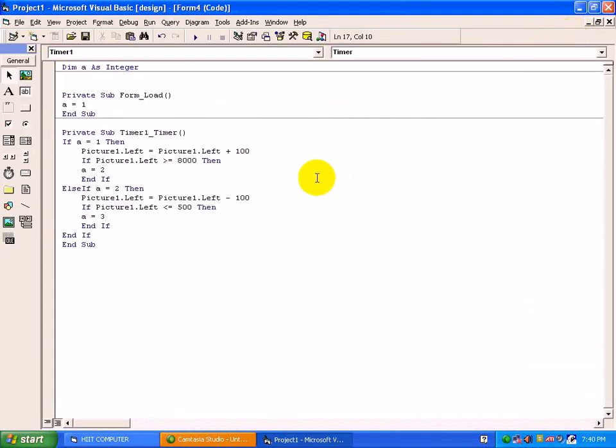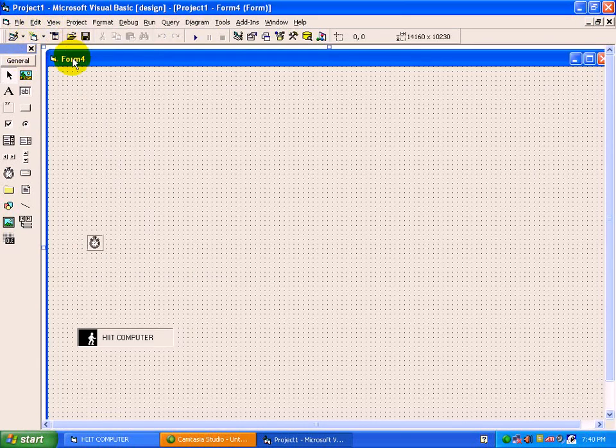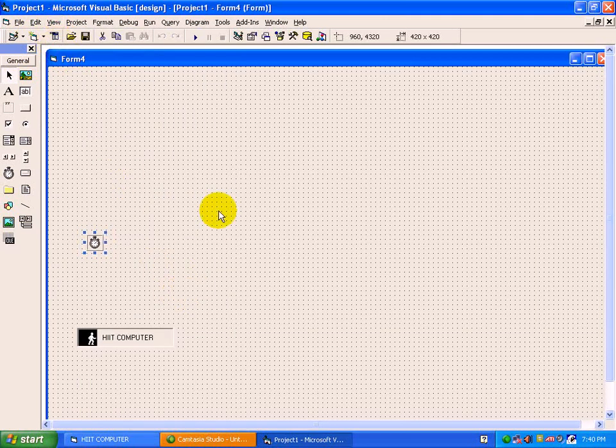So with the help of the left property, we have seen how to scroll the picture in both directions using the plus and minus sign. In the same way you can move the picture with top plus 100 and top minus 100. Just change the code. Wherever you have typed left, change it to the top property. So it will move in a top direction, position up and down.